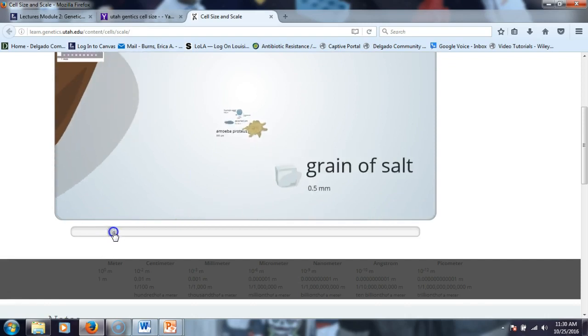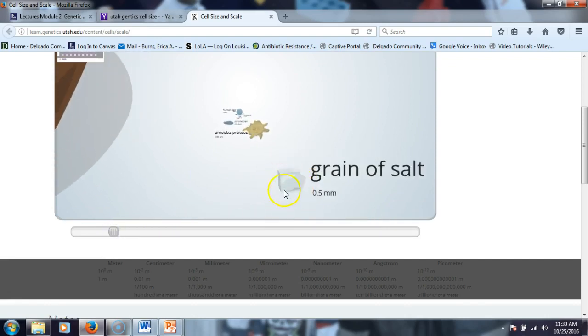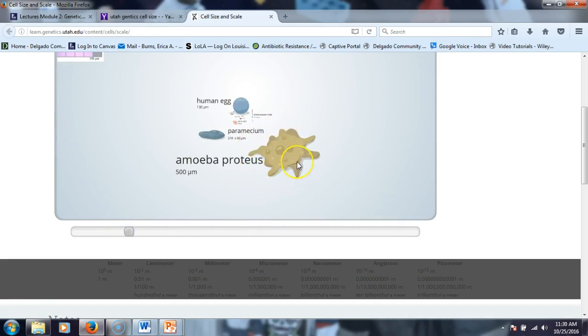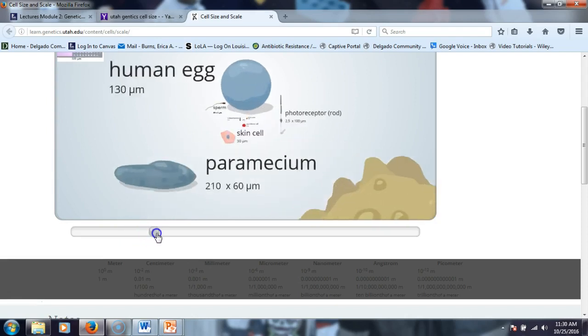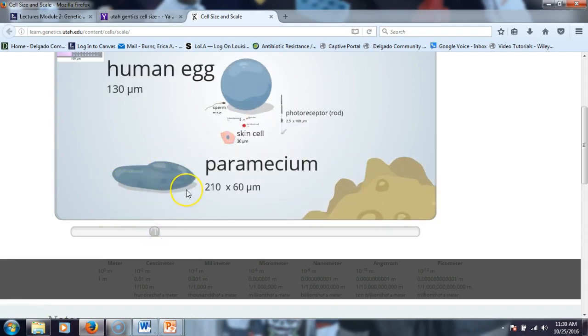A grain of salt you can actually see under the microscope, and that's quite large as far as microorganisms go. That's half a millimeter, so we're still within the range of your ruler. When you get to something like an amoeba, which is really big in comparison to a bacteria cell, which is much smaller, now we're getting into micrometers. This one is about 500 micrometers. Paramecium, we're talking about 200 micrometers in length. About the human egg, which is the largest cell in a woman's body,